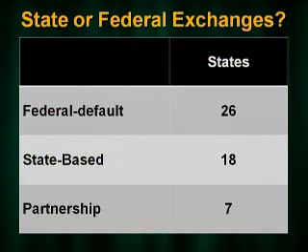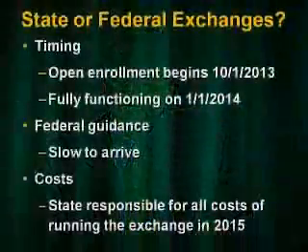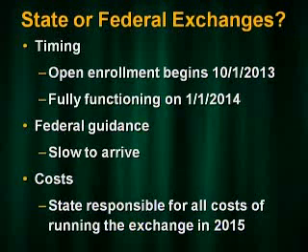Because the issue was, first of all, open enrollment was, as we all know, supposed to start and did start, sort of, October 1st, with fully functioning exchanges on January 1st of 2014. The federal guidance was slow to arrive. And after the first year, come 2015, the state is on the hook for the cost of running the exchange. So from that perspective, that looks like the potential for a real lose circumstance from the point of view of a governor or a legislature,